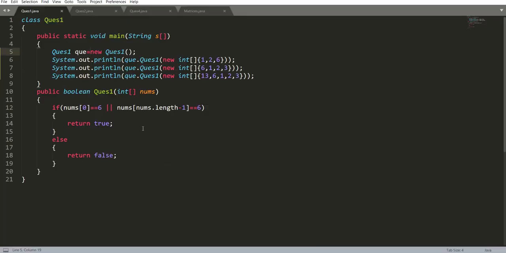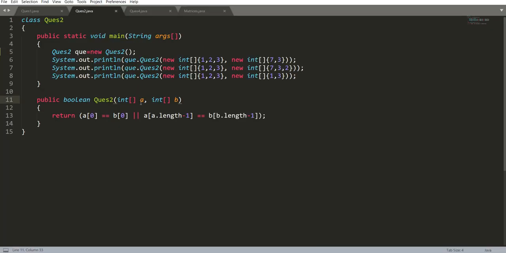So in the program, here is the class Question2. In the main function, here is the class name and object as in the previous program. Here I have taken two arrays. In the first array, that is 1 2 3, and in the second there is 7 3.